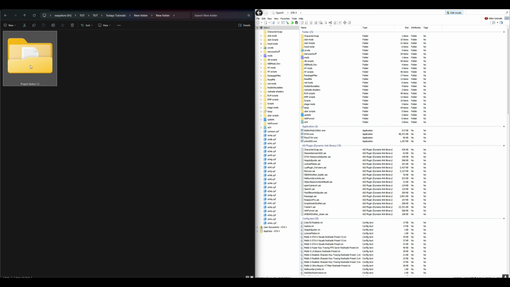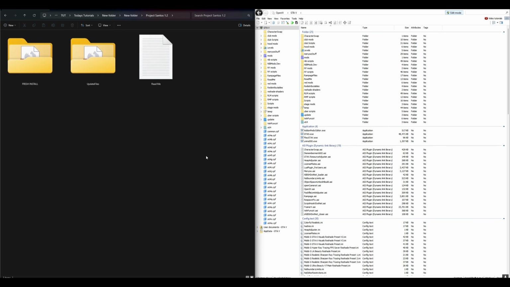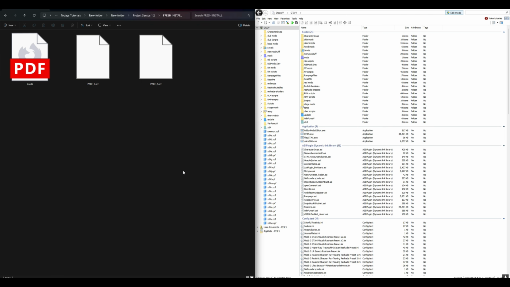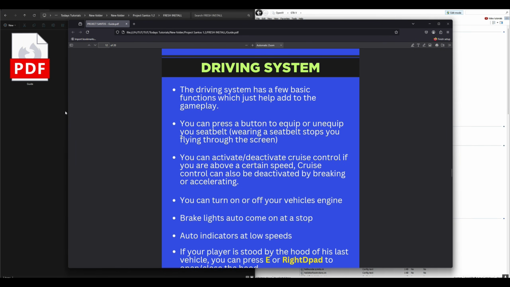And once that is turned on, let's go back to our Project Santos folder and open it up. Inside that folder is going to be two folders, one for fresh install and the second one is for update files. We are going to be opening up the fresh install folder. Inside the fresh install folder is going to be a PDF guide along with two Open4 packages. Okay, now when you select this PDF file right here, when you select the PDF right there,